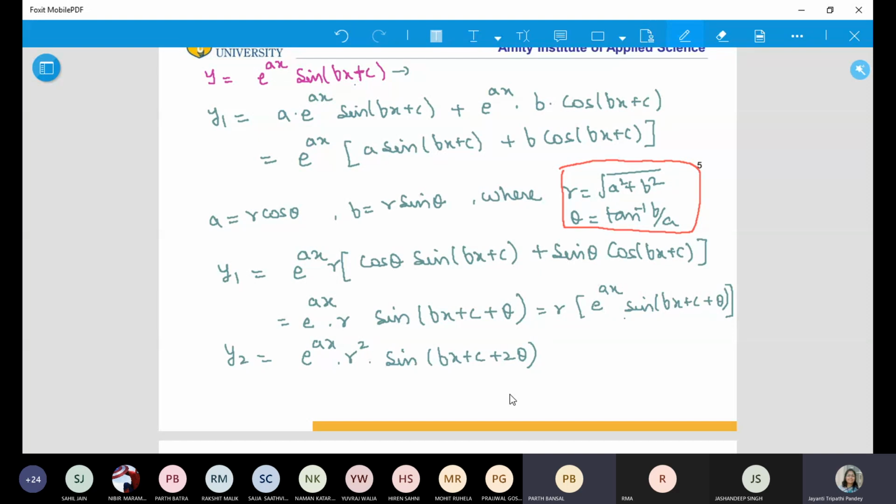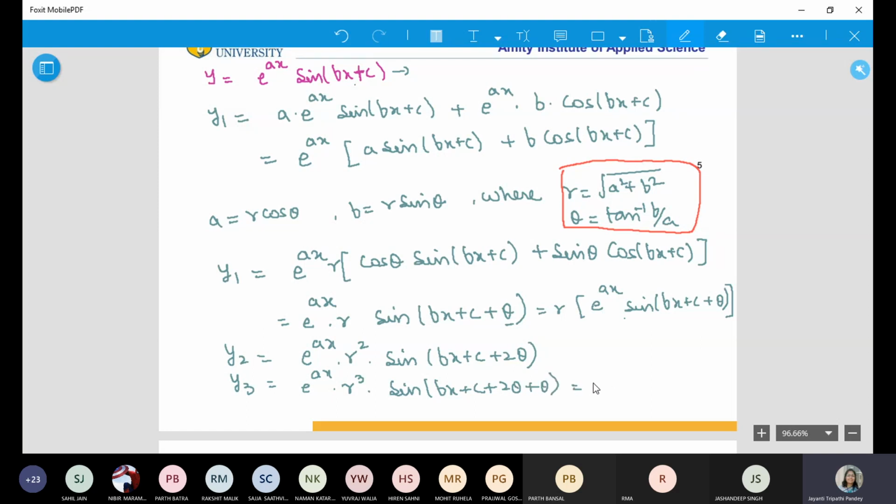थीटा वाला समझ नहीं आ रहा है, बस आर वाला तो समझ आ गया कि थीटा कांस्टेंट ले लिया हम लोगों ने, तो फिर डिफरेंशिएट करने पर आर कांस्टेंट बाहर ही है ना बेटा, देखो। जब आपके पास bx plus c था तो एक थीटा ऐड हुआ ना डेरिवेटिव के बाद। तो जब आपके पास एक थीटा ऑलरेडी एग्जिस्टिंग है और आप इसे फिर से डिफरेंशिएट कर रहे हो तो एक और थीटा ऐड होगा ना। एक और आर आ जाएगा, एक और थीटा आ जाएगा। अगर हम इसका y3 लिखें तो देखो, it is r cube sin(bx plus c plus 2 theta plus theta).